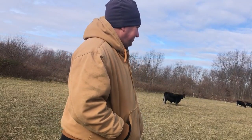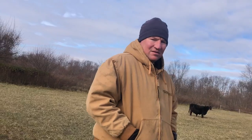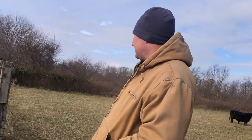And we're letting the cows over here graze a little bit to kind of give us a break on the round bale a little bit. And it gives them a chance to put some fertilizer out here in the hayfield for us. So, from the looks of it,